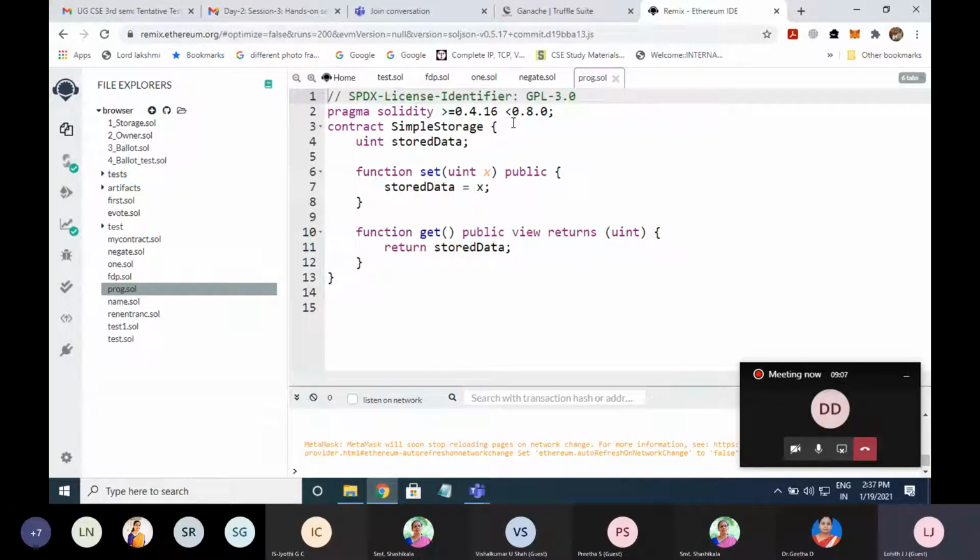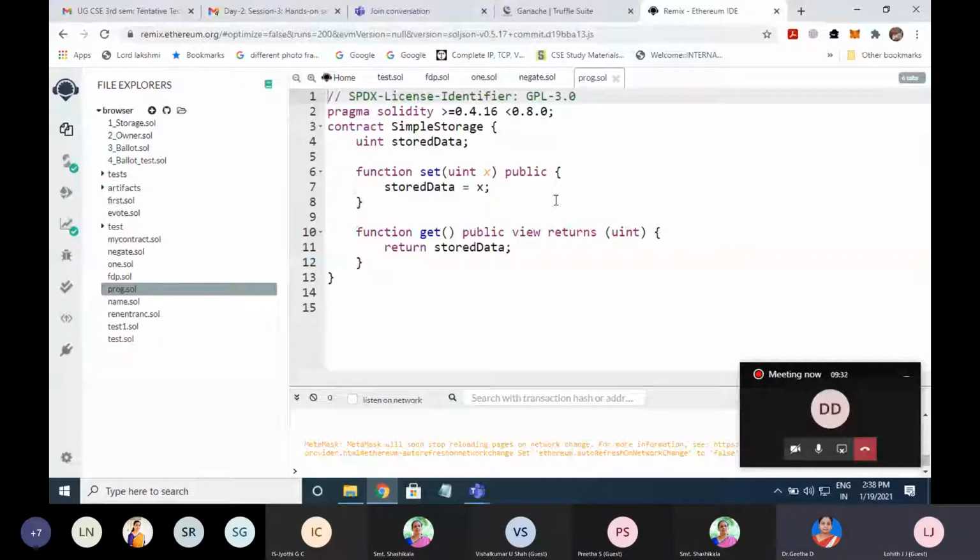Next, contract SimpleStorage. SimpleStorage is the contract name, and you are declaring an unsigned integer variable, storedData. Then you are defining two functions, one set function and another get function. The set function reads the value and assigns it to storedData.